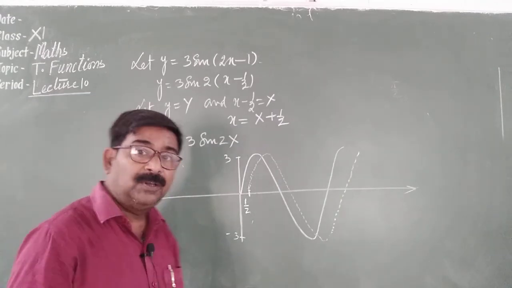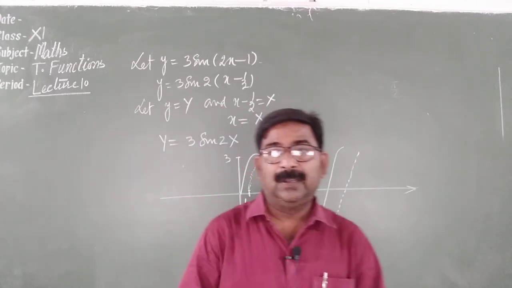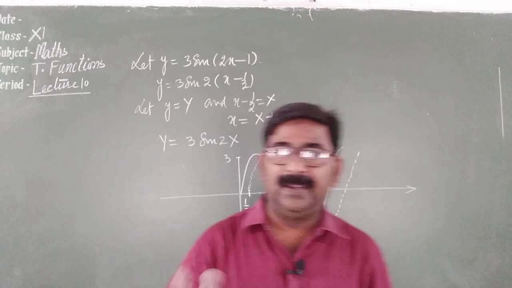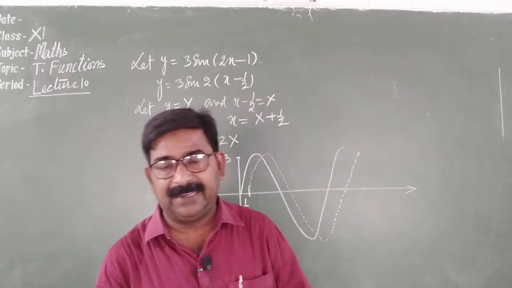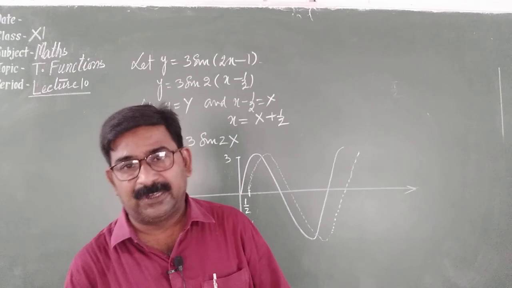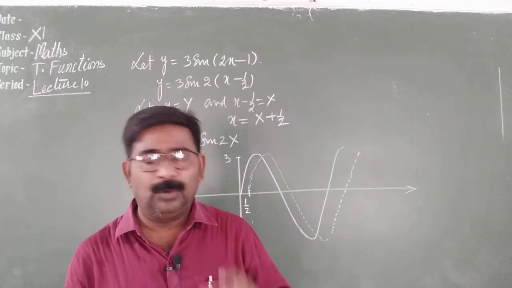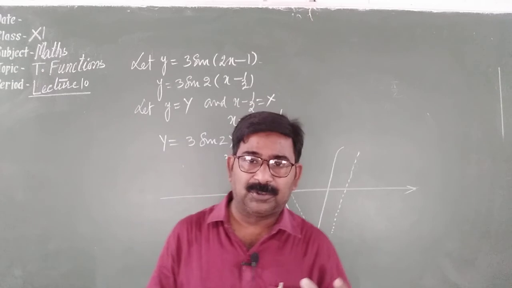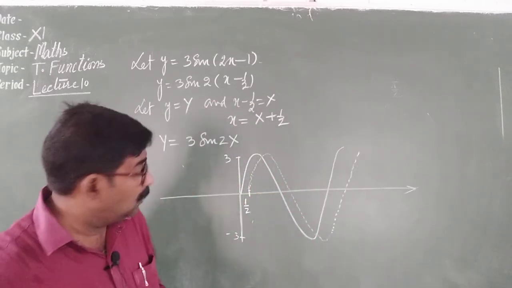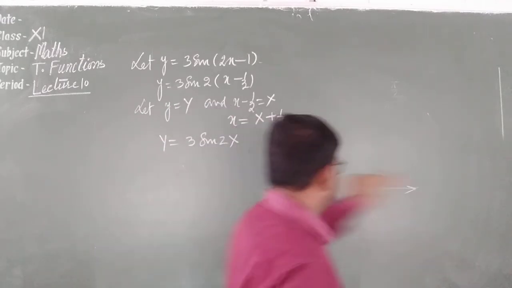In the trigonometric functions, you see that every ratio is positive in 2 quadrants and negative in 2 quadrants. Like sine is positive in first and second quadrant, cos is positive in first and fourth quadrant, tan is positive in first and third quadrant. So every ratio is 2 times positive and 2 times negative. So here one more thing I would like to add with a rough sketch.